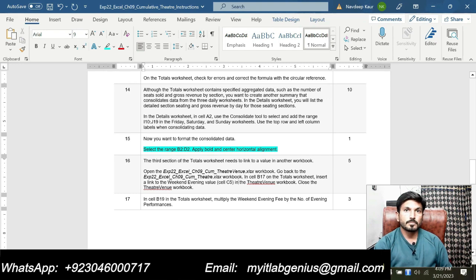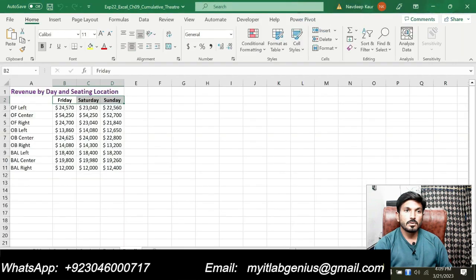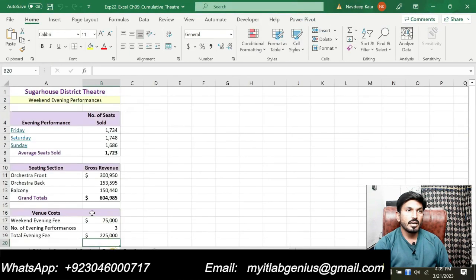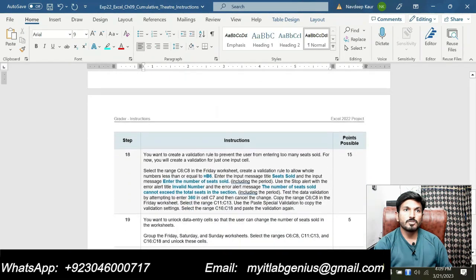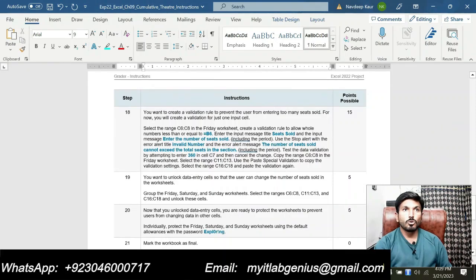So you can see that I have done this one. Then we are supposed to calculate this value. I have calculated this one as well. So this is step number 16. And step number 15, we are supposed to add the next value. We are done with this one. So next step is to create